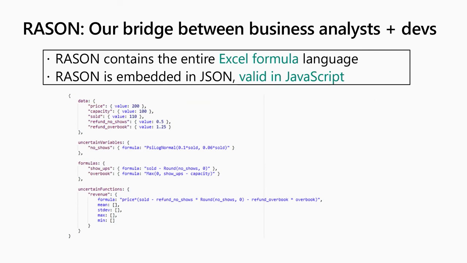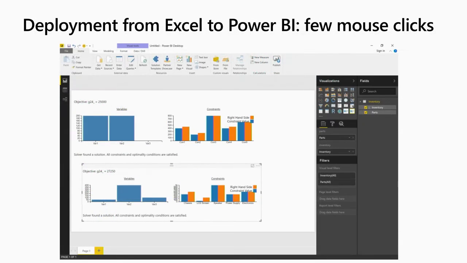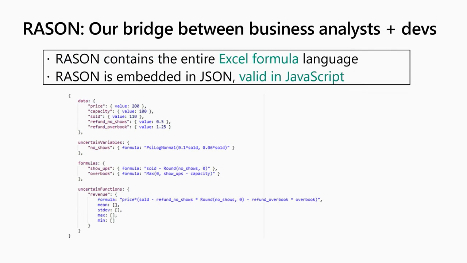You can also actually write Rason without using any reference to Excel. So this is actually that airline revenue management model, the model with no-shows, the simulation model, written out in Rason, not referencing any cells, just referencing symbolic names. So you can do that as well. So let me now actually show what we get out of this. And a key point is that we can translate from Excel models into Rason models. So let's go back to